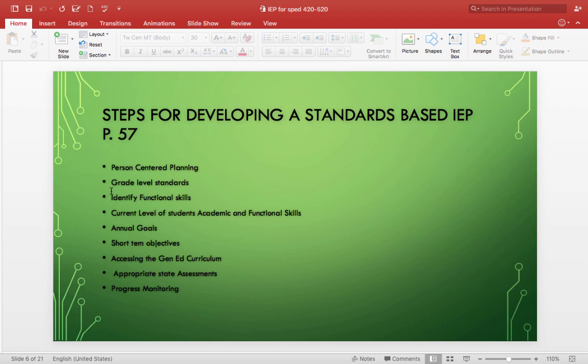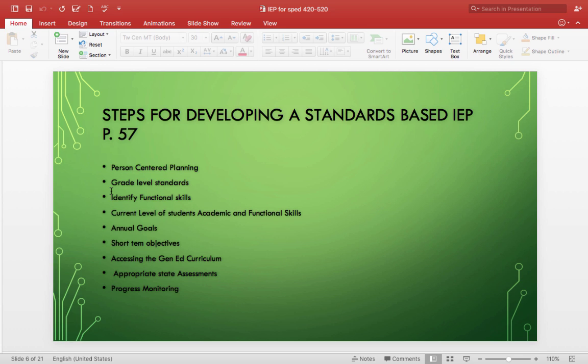So some steps for developing a standards-based IEP, and we're going to go back to page 57, where you have this table 3.1, okay, and it's got all 10 steps on here, very, very clearly written. I kind of copied them down here, okay, and then the next 10 to 15 pages or so is where the